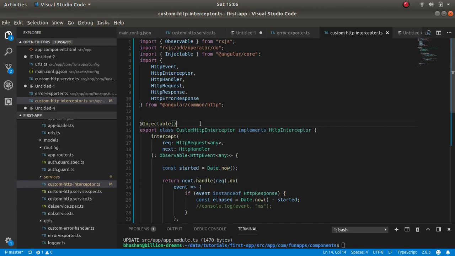We have seen that the DL layer is calling for the HTTP services in the custom HTTP using HTTP client. Now we have to intercept the requests that are sent out of the application with the custom HTTP interceptor. So here what we have to do is implement the HTTP interceptor, which comes in the Angular